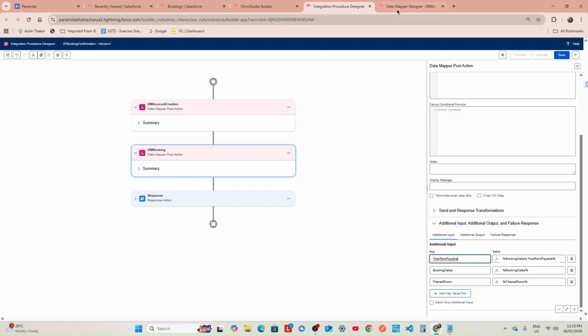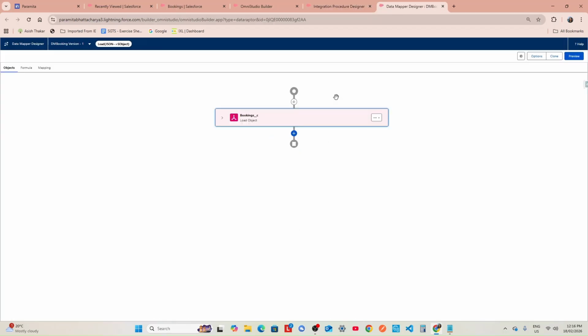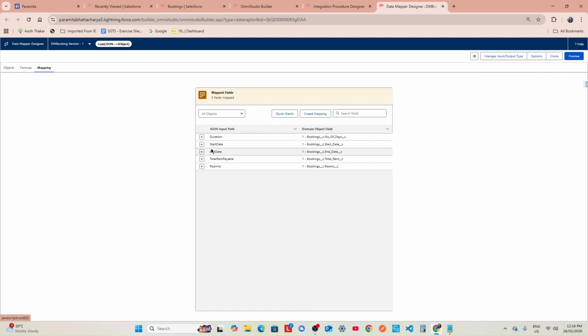We'll see. Now here in this data mapper, if we go here, see, total rent payable. Okay. Similarly,